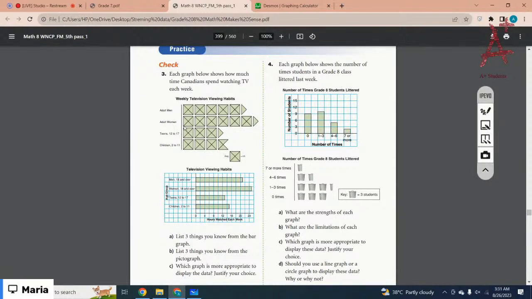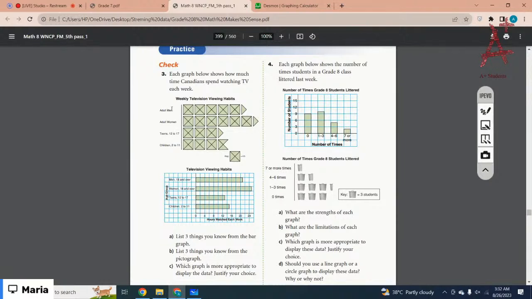Okay, you can see adult women, right? Adult women watch more TV than the adult men, teens, and children, right? The other thing you can see is the children 2 to 11 watch TV more than even teens, right? And adult women watch more TV than adult men,